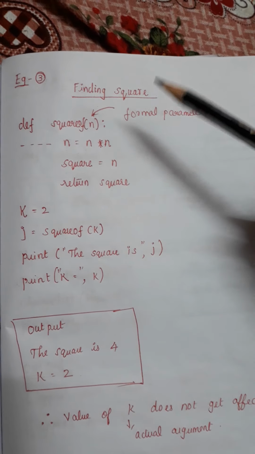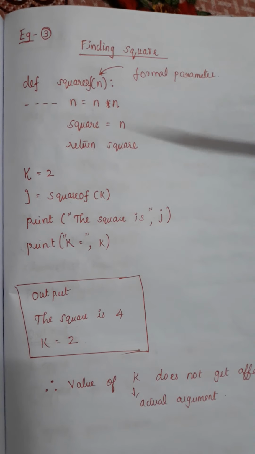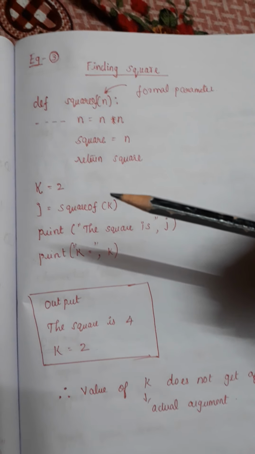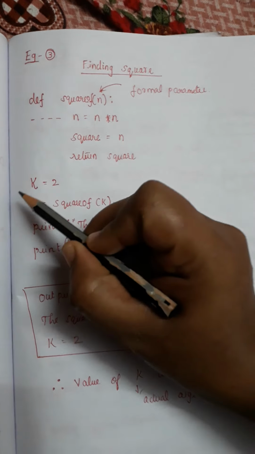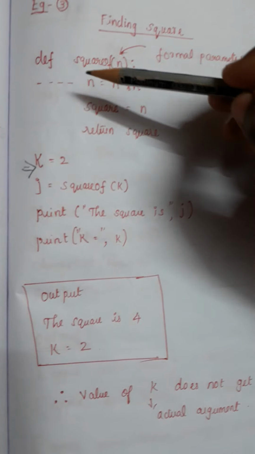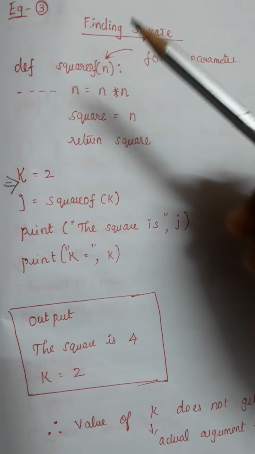Here I'm going to find the cube of a particular value. Likewise, I'm going to find the square of a particular value. The program starts executing from this particular line, k. The definition part doesn't get executed. Only when I call the function does that part get executed. Again and again I'm saying, okay?